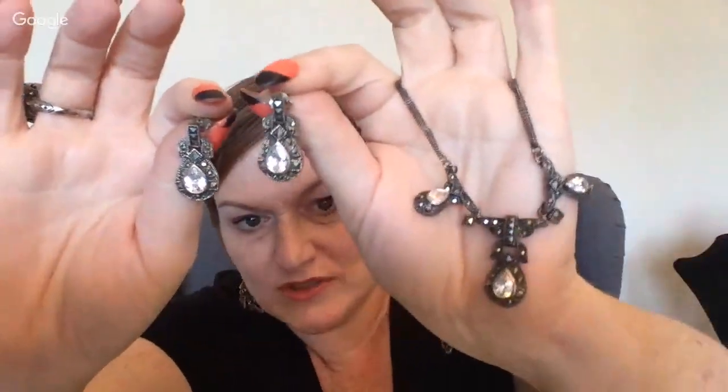But for the set, I don't know, would you sell, because I don't do very well with selling sets. Would you sell these earrings and necklace together or separate? Maybe I would list them separately and then just say, if you're interested, connect the listings, and here's the listing for,